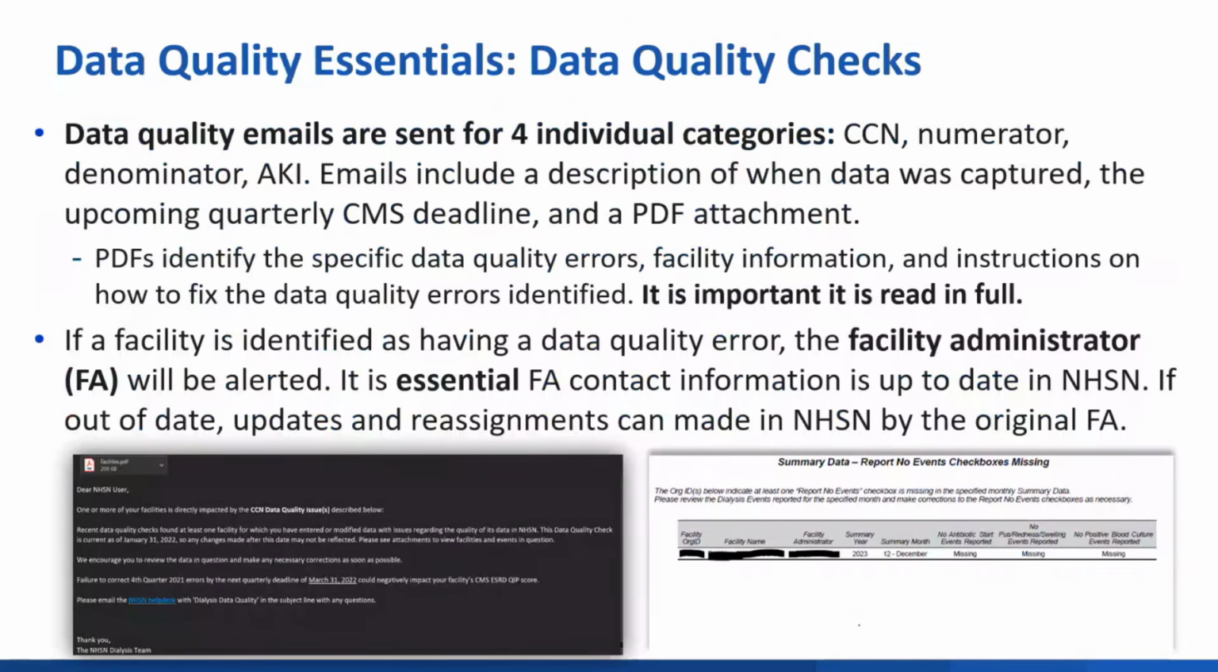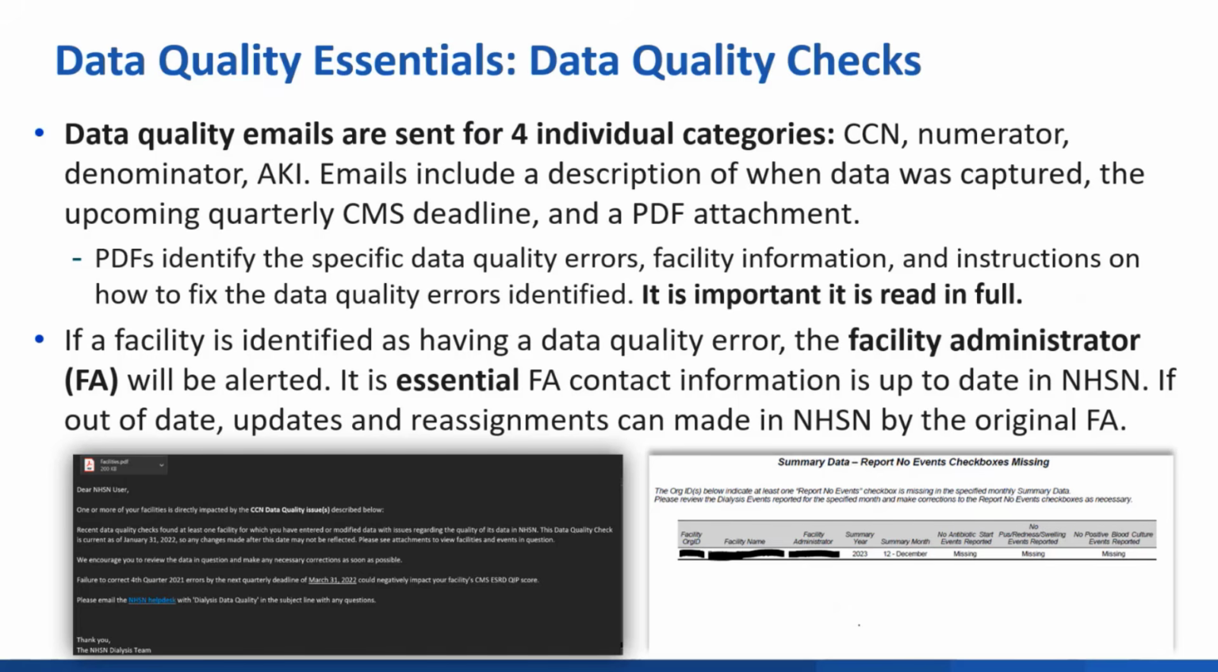So let's talk about data quality essentials. First is the data quality checks. You've already learned a bit about this from Lauren earlier in the presentation. So again, those data quality emails are sent for 4 individual categories. They're sent for CCN, numerator, denominator, and AKI. However, AKI does not impact the ESRD QIP measure. So even though we send emails for it, only CCN, numerator, and denominator that you heard about earlier impact the